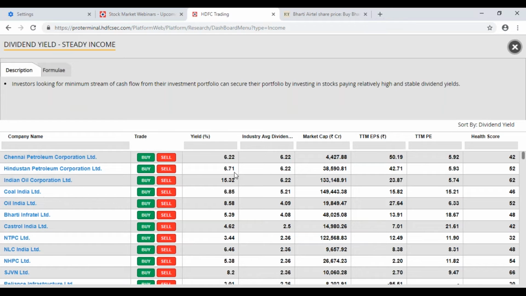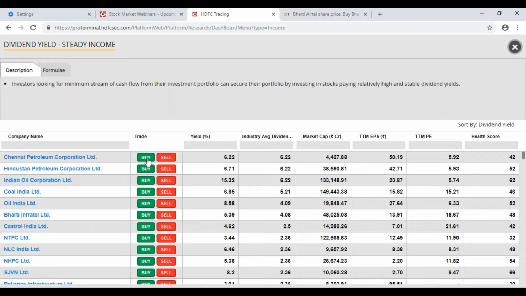So Chennai Petroleum have given 6.22. However, the industry average is also the same. However, Hindustan Petroleum have given 6.71, wherein the industry average was 6.2. Indian Oil have given 15.32. However, the industry average is 6.2. All three are the same industry, and that is the reason for the same industry average. Similarly, you see for Coal India, these are the details, and you can accordingly bifurcate,